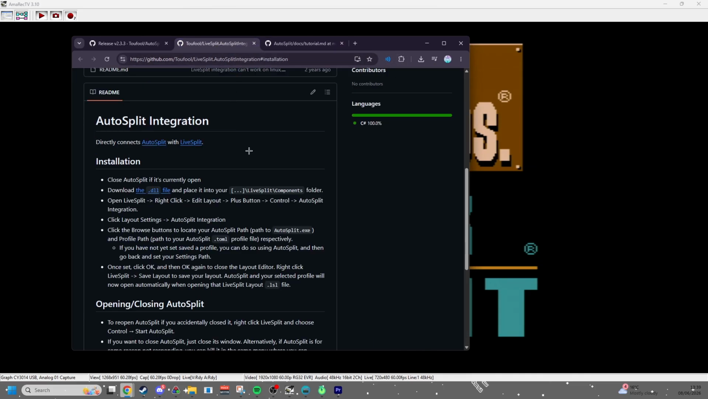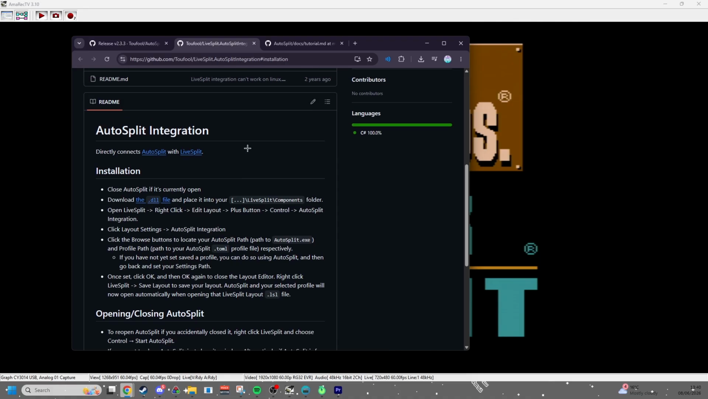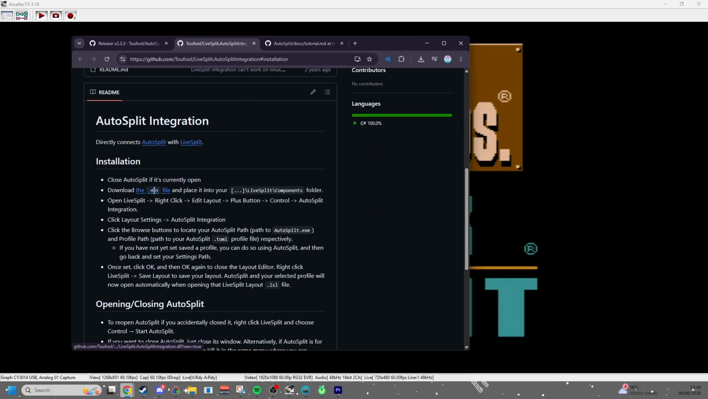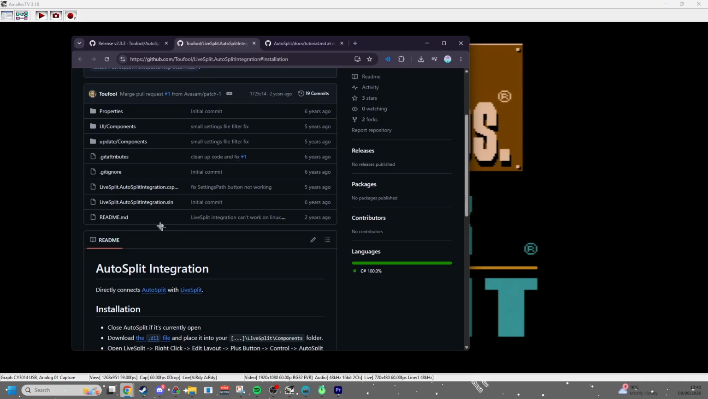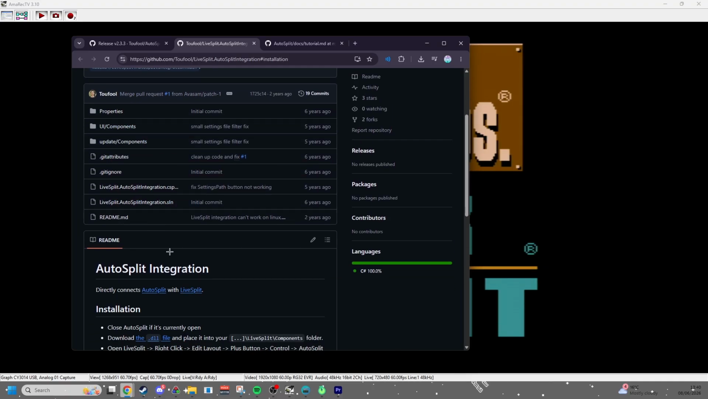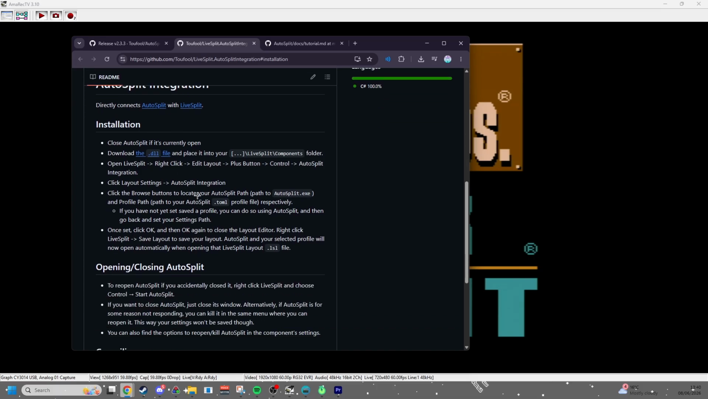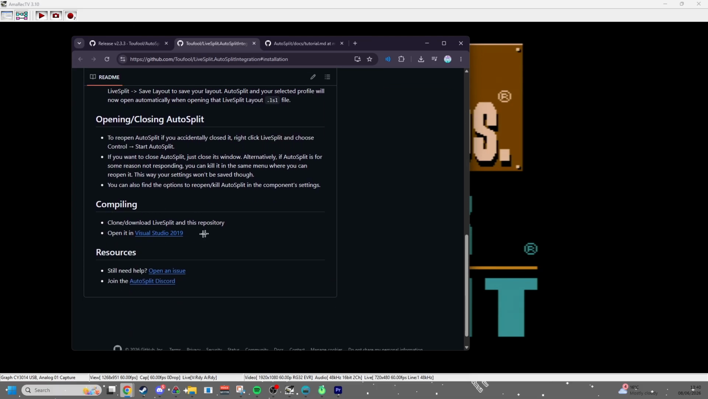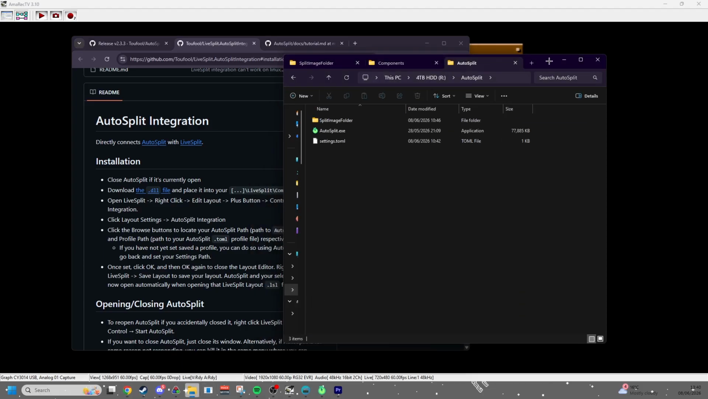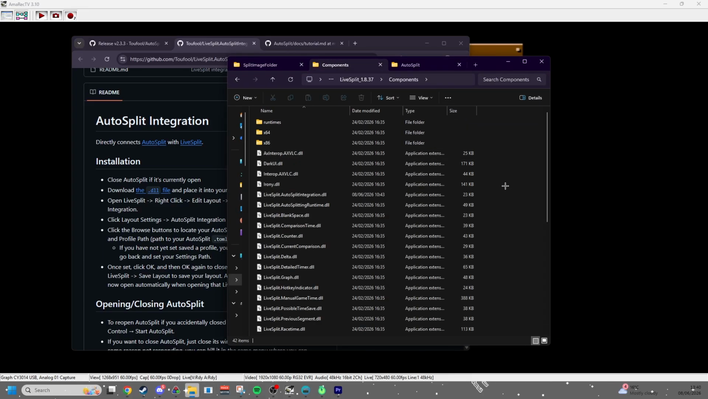This is a LiveSplit component, so it's just a .dll file. I'll include this link as well. You just want to click here to download the file. It'll say that it's an unverified file. You just want to press download anyway. It's all safe and everything. You can see all the code on GitHub here, and you can recompile it yourself and everything. So once you've downloaded that, you want to put that into your LiveSplit components folder, which will be